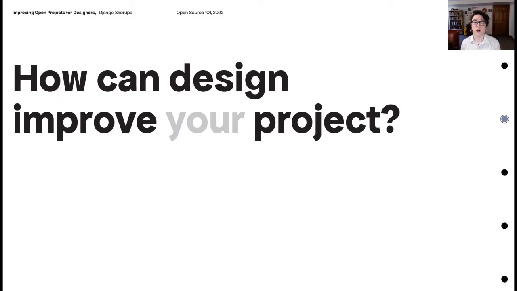But how can design help improve your project? That's the most important thing about this, because if you don't understand how design can help improve everything that you do, then there's no real need for, or there's no perceived need, rather, for